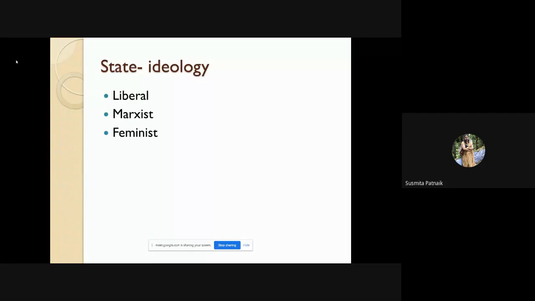In the Marxist view, there are two types of people in society: 70% are placed in the lower category and 30% in the upper category. So the benefit or the welfare of the 70% of people should be our motto. The welfare of the 30% of people should not be our motto. So this is called the Marxian ideology.